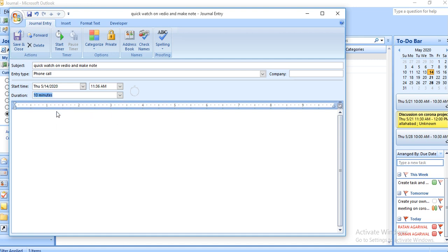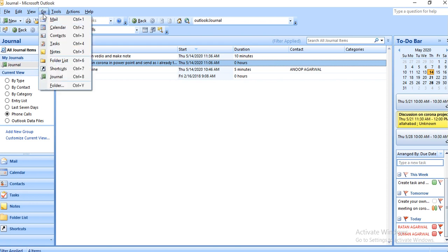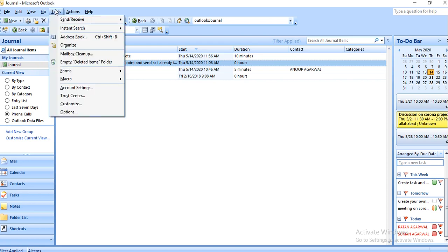Give a duration of at least 10 minutes every day. You can do a lot of things. Then my company name, okay student. So save it. This way you can make a general entry also.